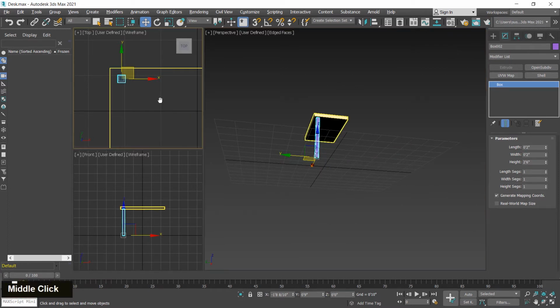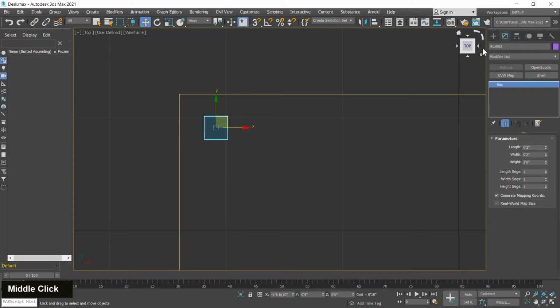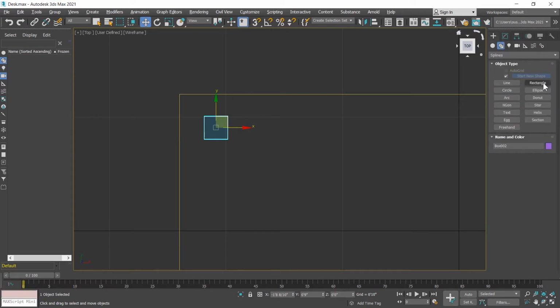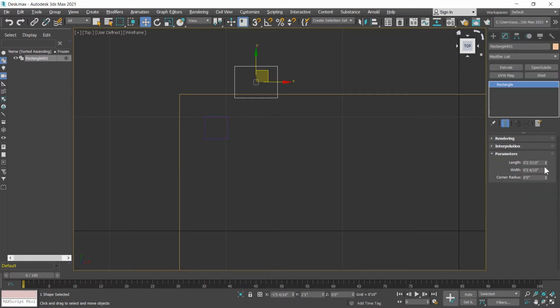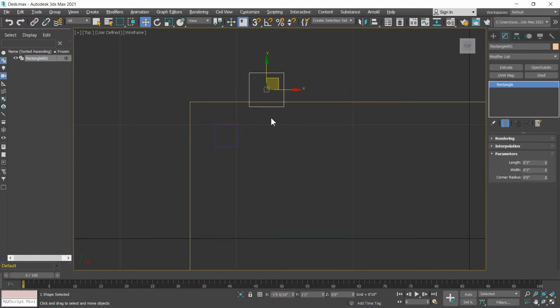Now I create a rectangle for guiding purpose. And size of this rectangle is 3 inches by 3 inches. By using this rectangle, we place this leg at the 3 inches distance from the length and width. So first I activate snapping options.